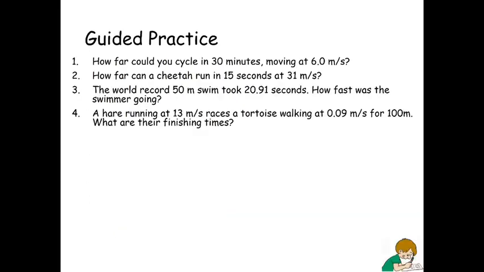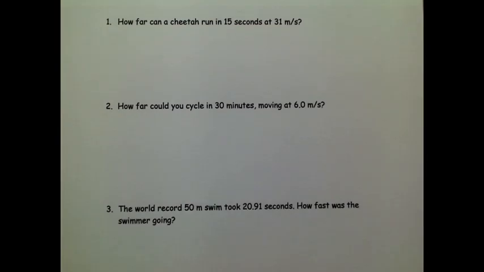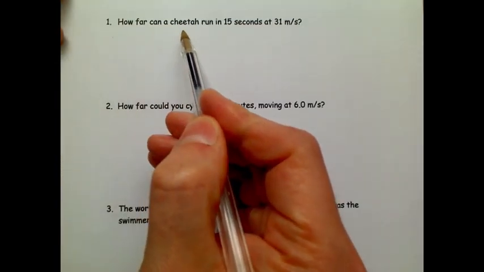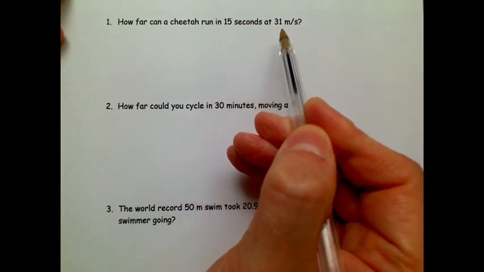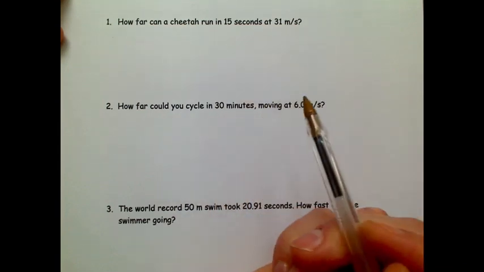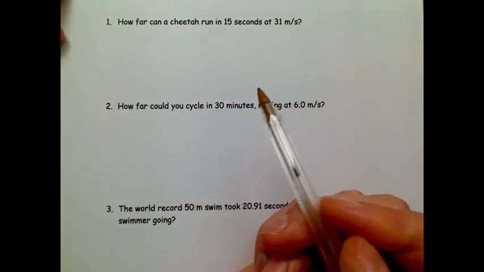So first I'm going to guide you through how to answer these questions. Copy down my workings as I go through them. I've got my questions printed on a sheet, but you can write yours in your exercise book and then just answer them underneath. So question number 1 says, how far can a cheetah run in 15 seconds at 31 meters per second? So the first thing I'm going to do is read through the question and pick